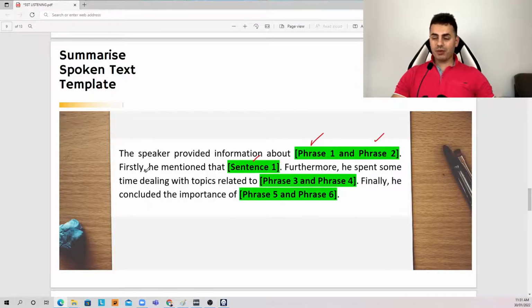Because the template has this part, he mentioned that, plus your simple sentence together will come as a complex sentence, and this will boost your writing score easily and quickly. Then you complete by saying: furthermore, he spent some time dealing with topics related to phrase 3 and phrase 4. Finally, he concluded the importance of phrase 5 and phrase 6. Bingo. That's it.